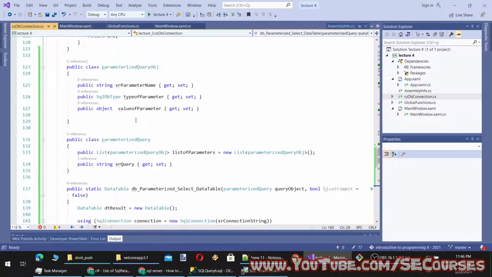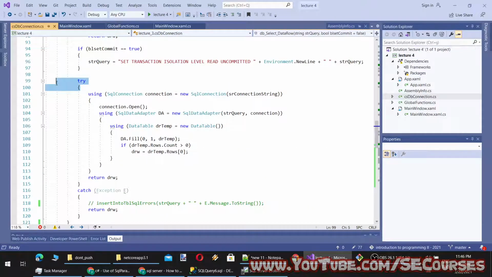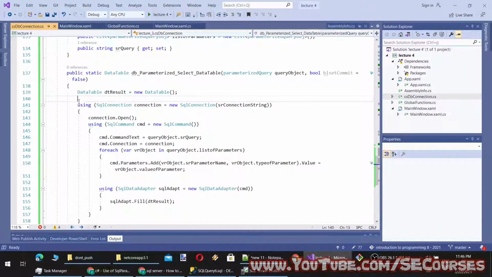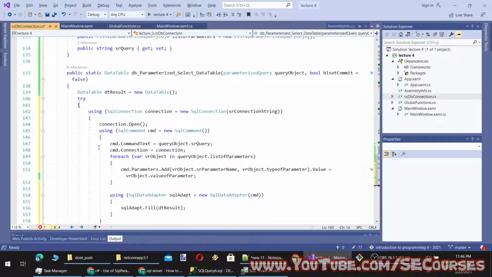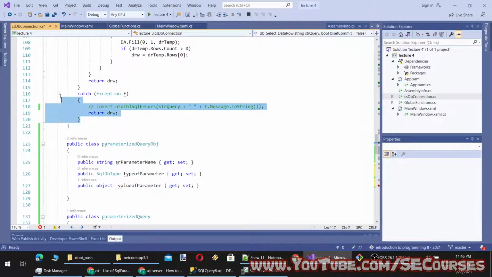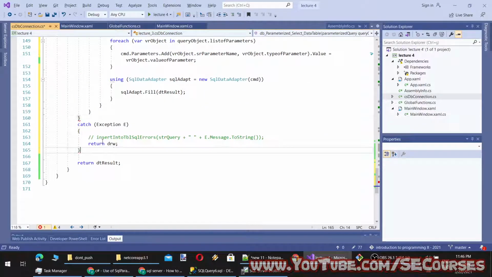We should also put this inside a try catch block, because when you are working with database connections, there can always be some errors that you may not catch, and here we will just log whatever you want.